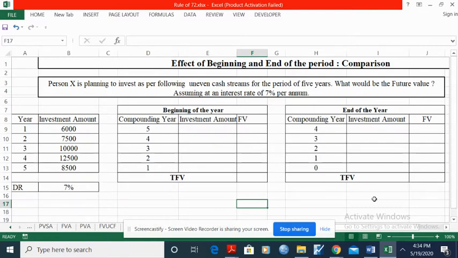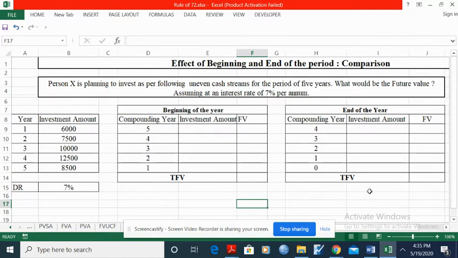In the previous videos, we discussed calculation of present value as well as future value, right? Assuming the payments or receivables are happening at the beginning of the period and at the end of the period separately. But in this session, by taking the same problem, let's understand how the values are going to change, the effect of both the beginning of the period assumption and the end of the period assumption on the end result. So let's understand by taking this illustrative example.